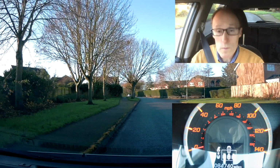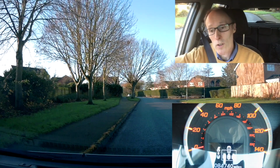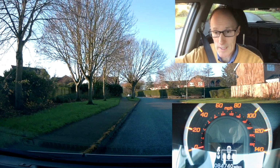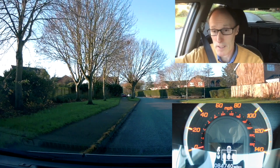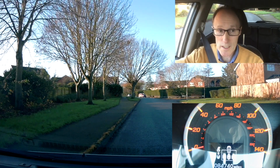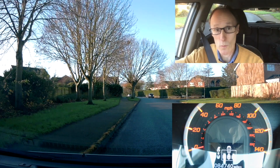So we're going to just focus today on how slow the car can go in gears 1 and 2 without stalling. And I've got a camera on the speedometer, and a camera ahead of me and a camera on me, just to kind of talk you through what's going on, just to give you an idea of what you can do. Because as a learner, when you first start out and you're doing your left turns and your